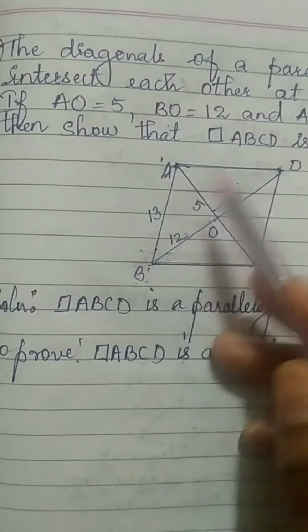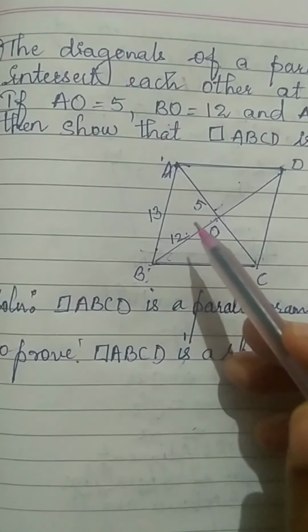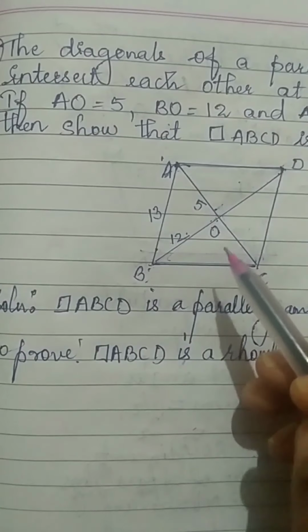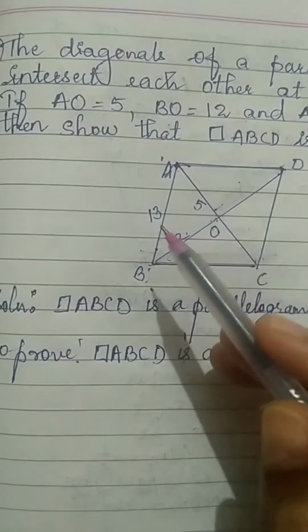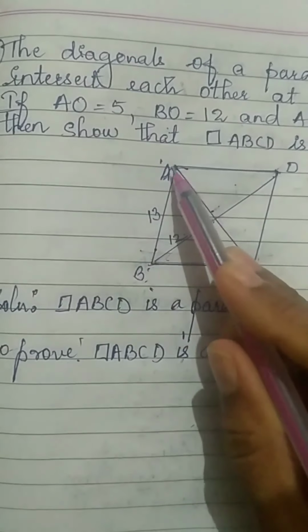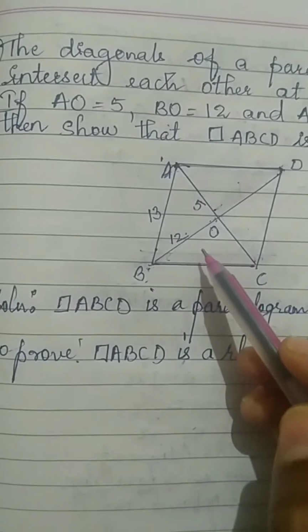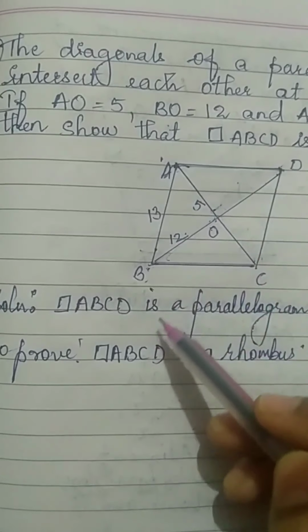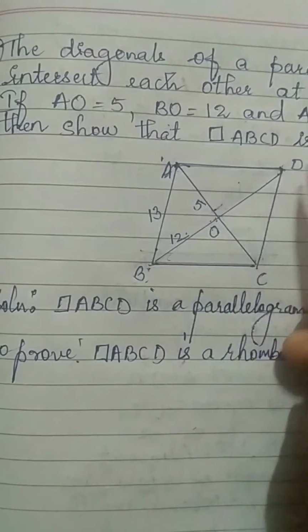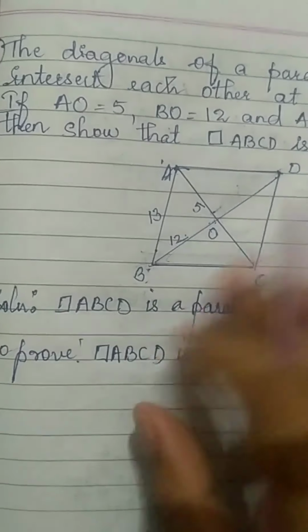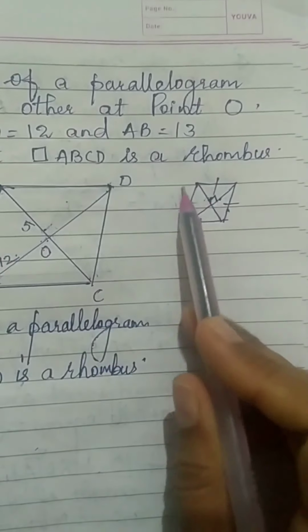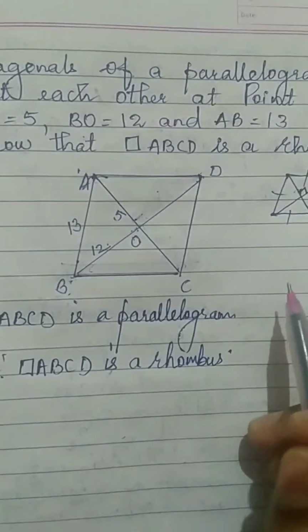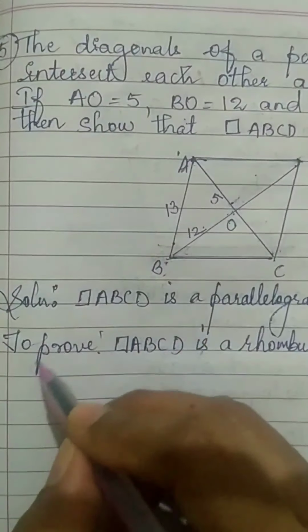तो ऐसे ही कोई ये measurements नहीं देगा ना. Nobody will give you the measurements just like that. The clue lies in this triangle only. Okay, the clue to solve the sum lies in this triangle only. If you are successful in proving that this triangle AOB is a right angle triangle, then we can say that this is 90 degree. If this becomes 90 degree, then obviously diagonal AC and BD will be perpendicular to each other. And I told you, in a rhombus, the diagonals are perpendicular to each other. So ye kar diya, that means the quadrilateral will become a rhombus. Okay. So now let us think how to get it.